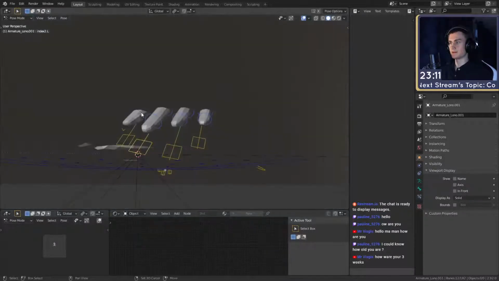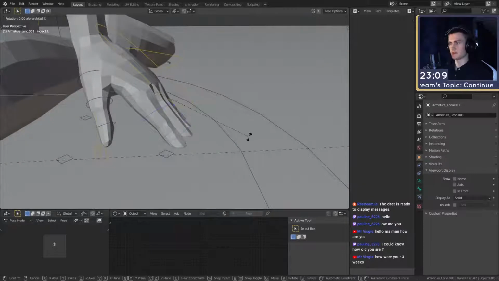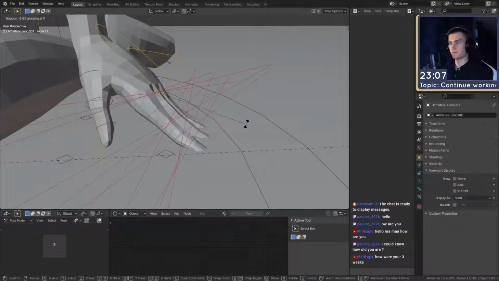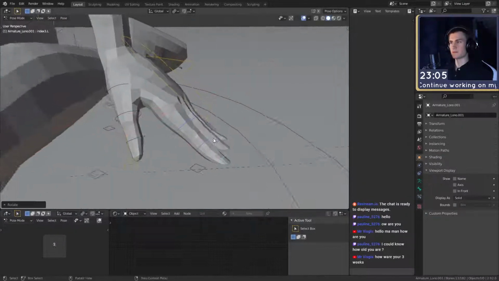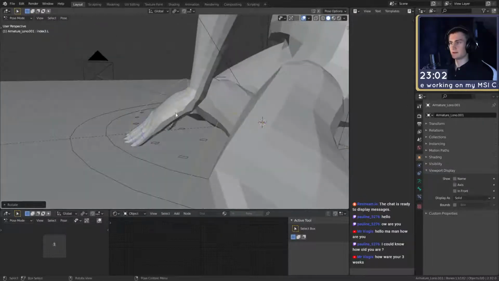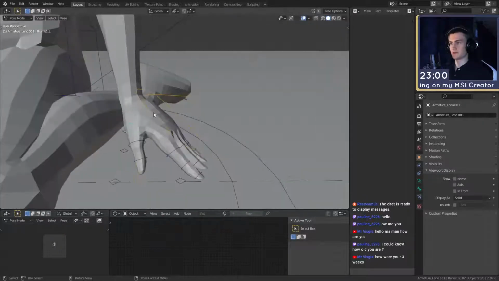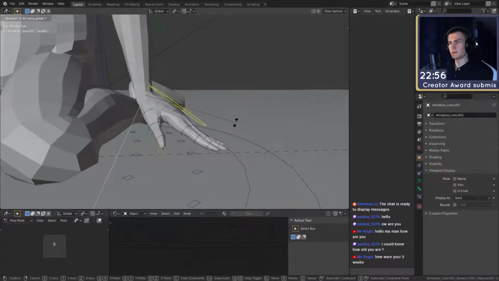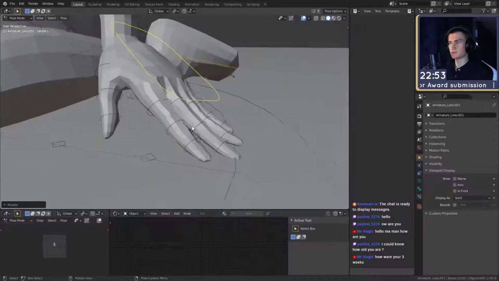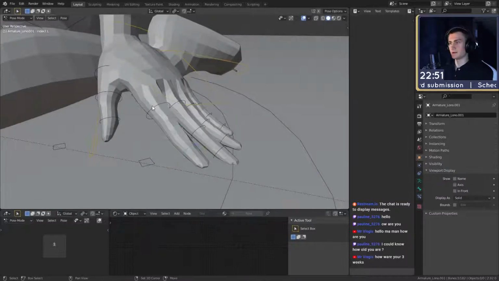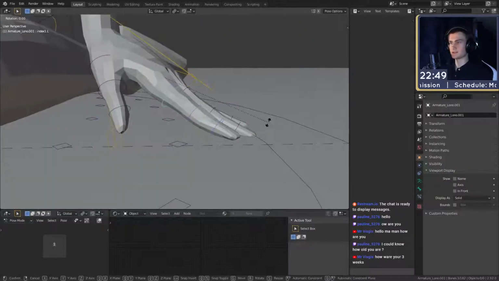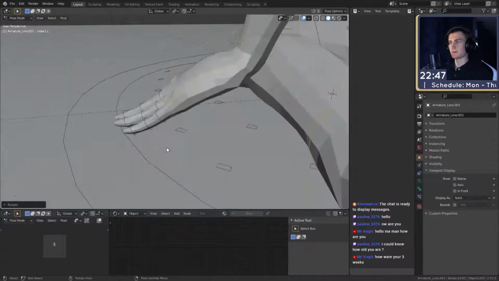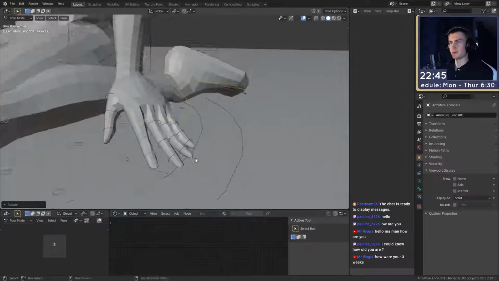I think the description was something like mixing old aesthetics with new technology. That's at least what I read from it. So what I'm gonna do is grab old Greek statues, famous statues that lost their arms, and I'm gonna cyberpunkify them.